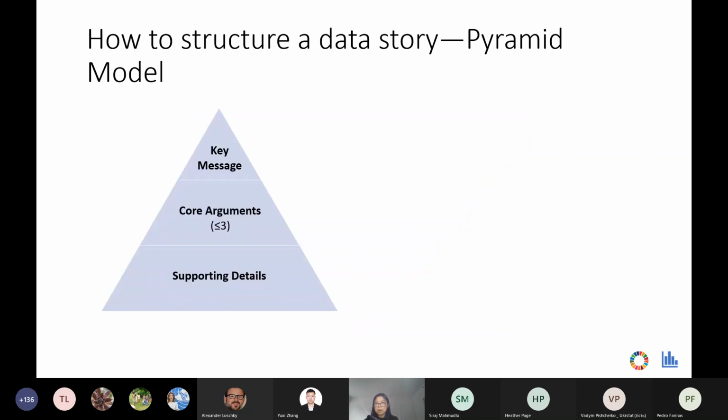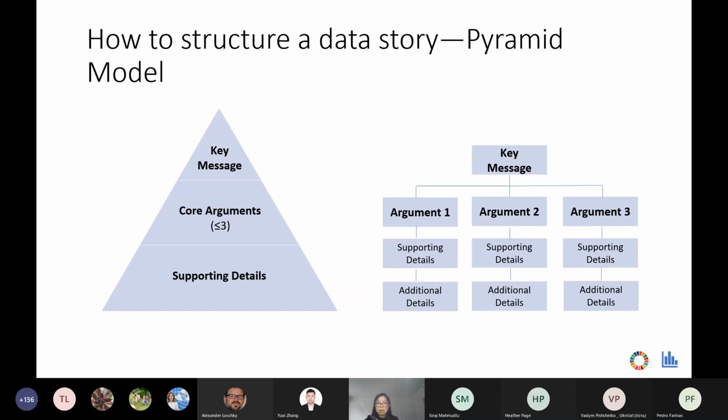And there is another model I want to quickly touch upon that is also a pyramid, but the other way around. It's called the pyramid model. And it's commonly used in the private sector, particularly the management consulting industry. And it's a powerful tool for communication. It's also a powerful tool for thinking and organizing your thoughts and your facts. Basically, you need to bring out your conclusion up front in the form of a key message. And then you support your key message with up to 3 arguments. And then further down the road, you're going to provide the supporting details, additional details. So this is the simplest form of the pyramid principle.